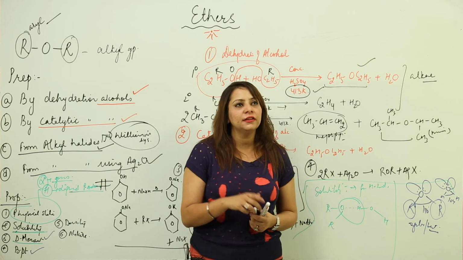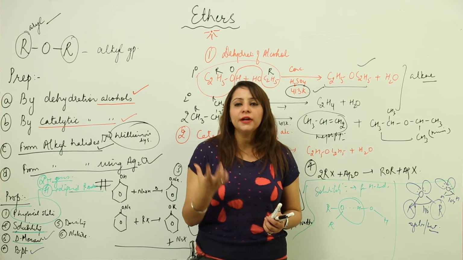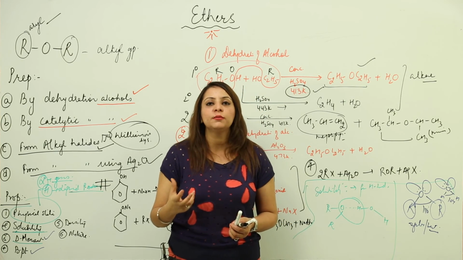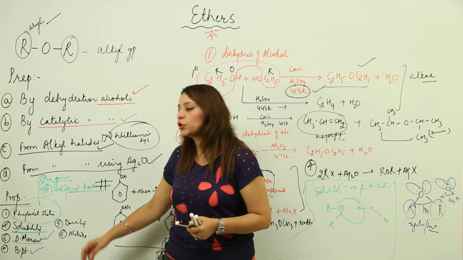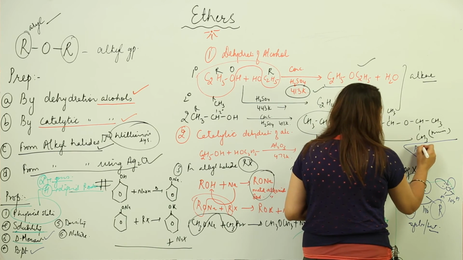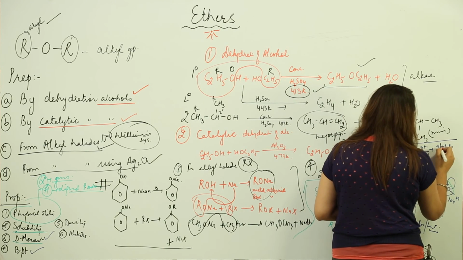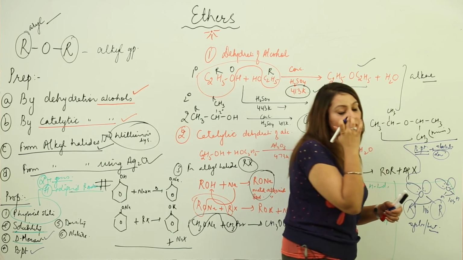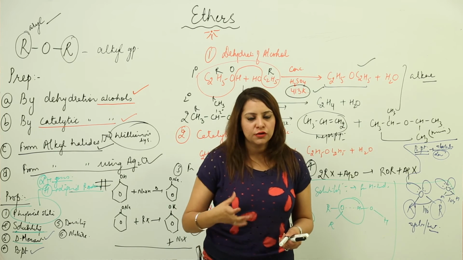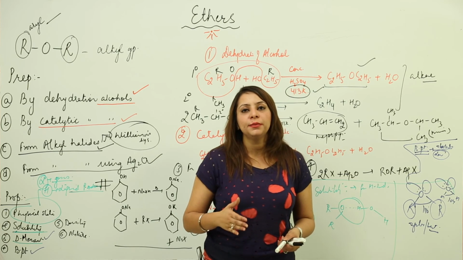You know that the forces operating within the molecule decide the boiling point. If the forces are strong enough, the boiling point is going to be high, and if the forces are not so strong, then the boiling point will be lower. So when we talk of boiling point, if we compare with alcohols, then ether has a low boiling point as compared to alcohol. Reason being, ethers cannot show so much hydrogen bonding, and moreover the hydrogen bond formed is not so strong, and it is less polar as compared to the alcohol.